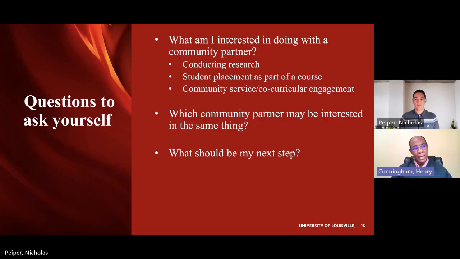So what I did here is to provide you a quick overview of what the research is saying as it relates to developing and sustaining partnerships. And so next we will shift gears a little bit and talk about some of the practical ways that this work has been done. And my colleague Nick will then take it over from here.